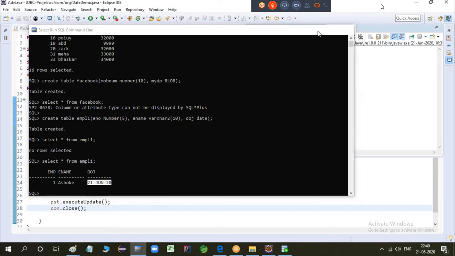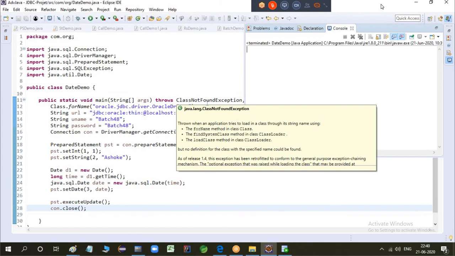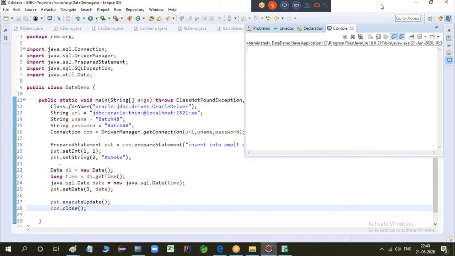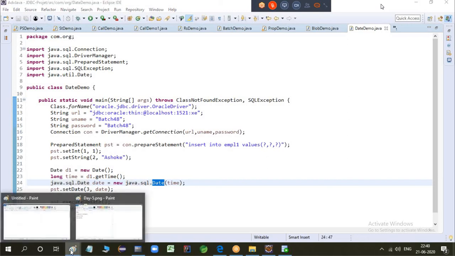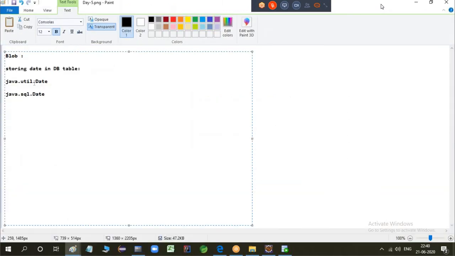Like that, whenever you are entering the date, or reading the date from the scanner class, you can store it inside a date object, and that date object will be given to the java.sql package. That date you can store inside a database. Understood? So like this, you can store dates inside the database as well. So remember, when you're creating an object, don't forget the difference between these two. All right. Now, next,